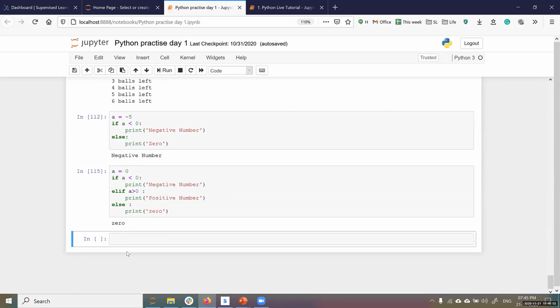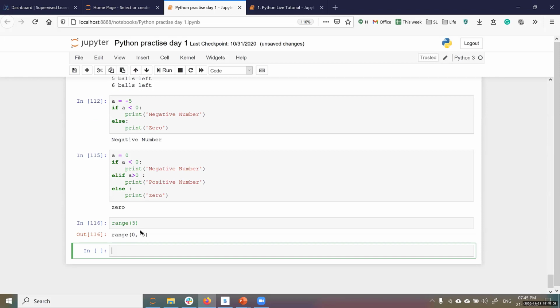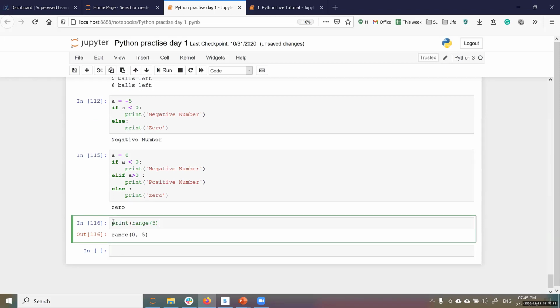Range generates a sequence. For example, range of 5 generates a sequence. Let me print it as a list to show you.